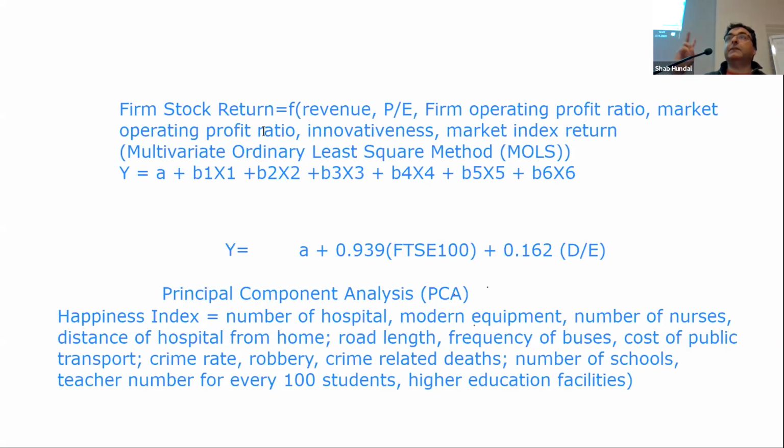So there are two variables, P to E. P means the stock price value and E means the earnings per share. But because it involves P, the stock price, and then the market index return, can we say that P to E and market index return could be labeled as or clubbed as the